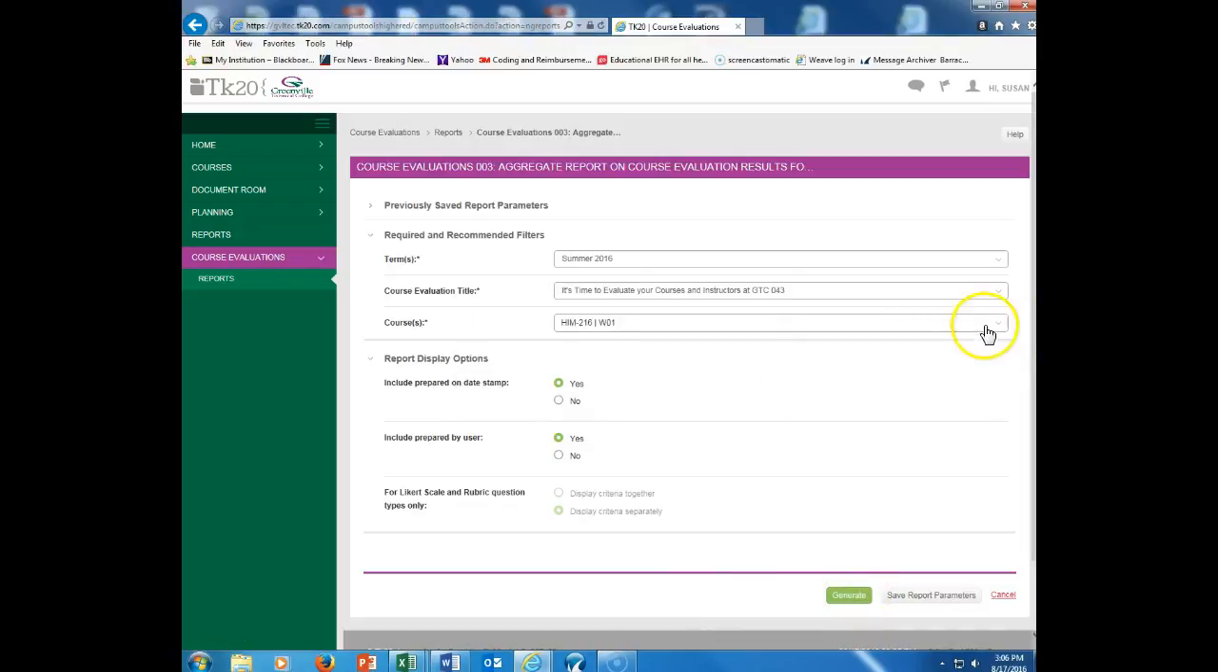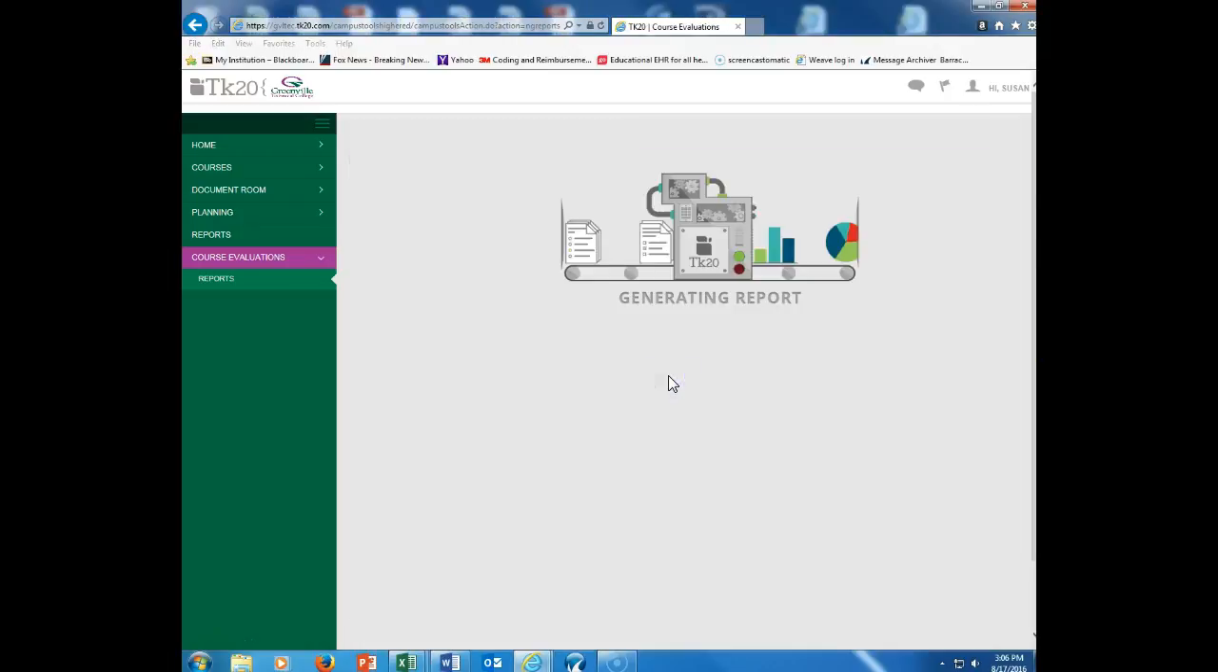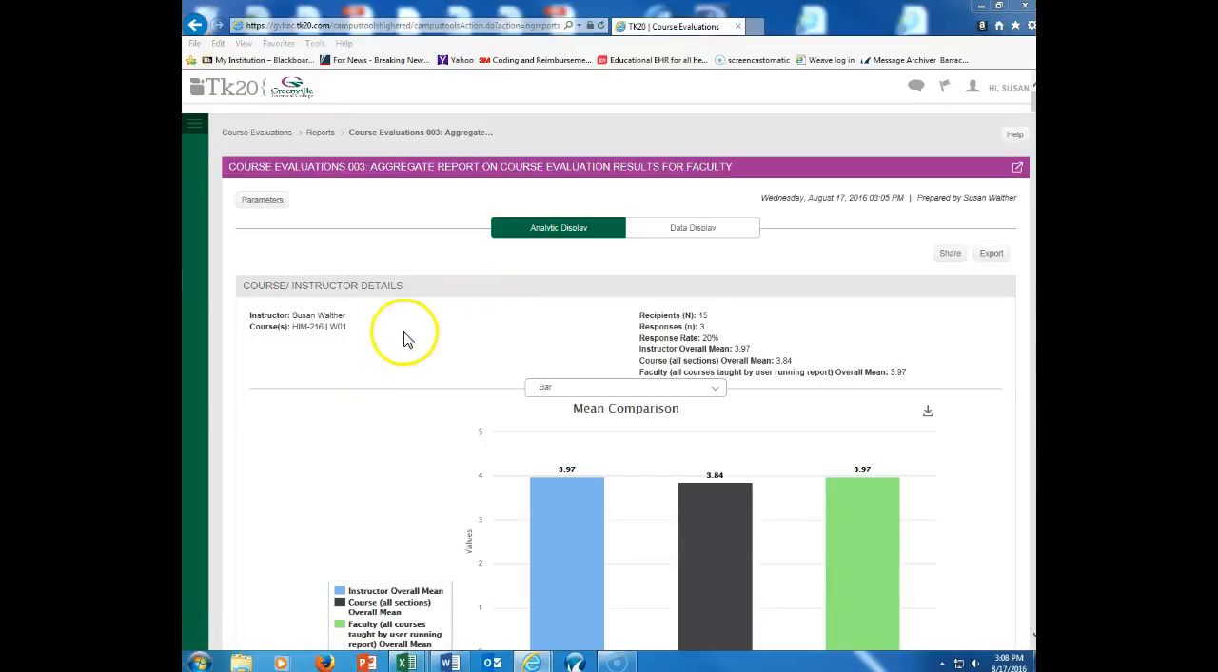Let me see. You'll see that it's generating the report, and I'm going to stop this recording while this is generating until it finishes. Okay, this is the screen that'll open up after you run it, and this is the